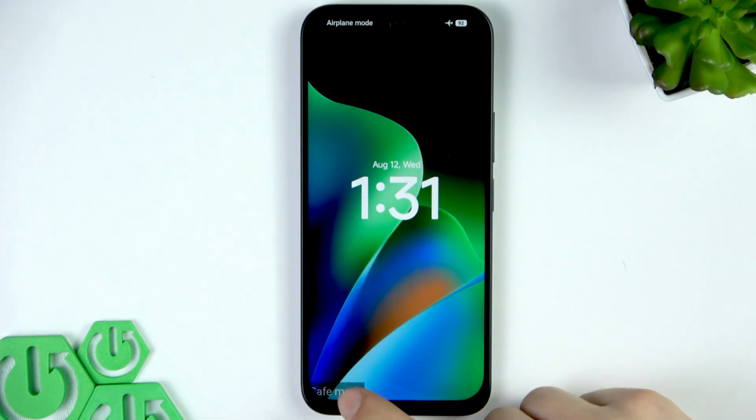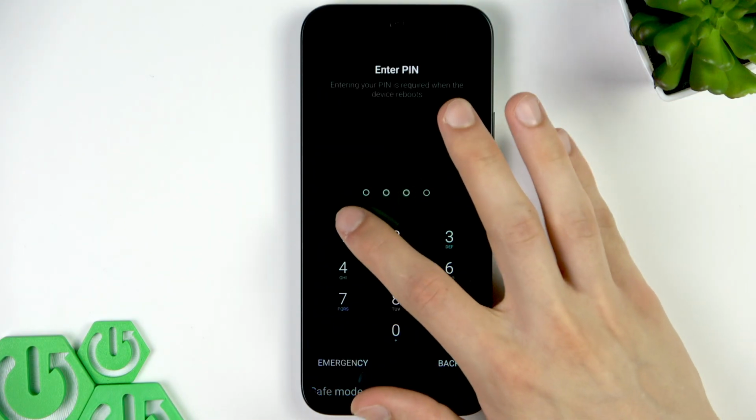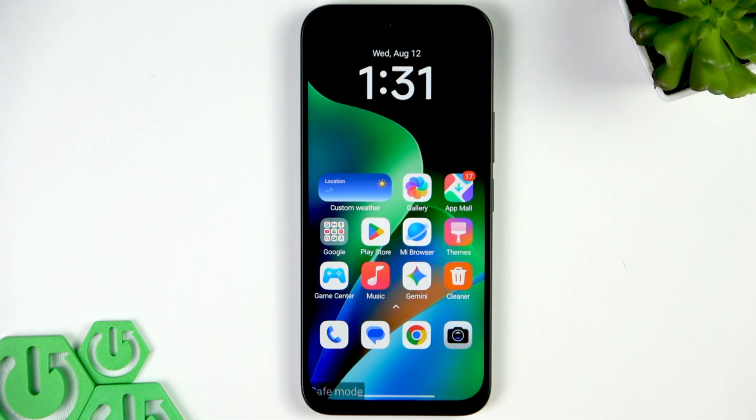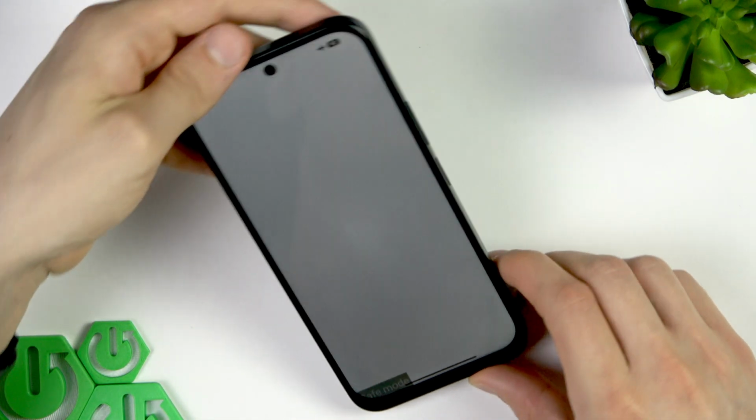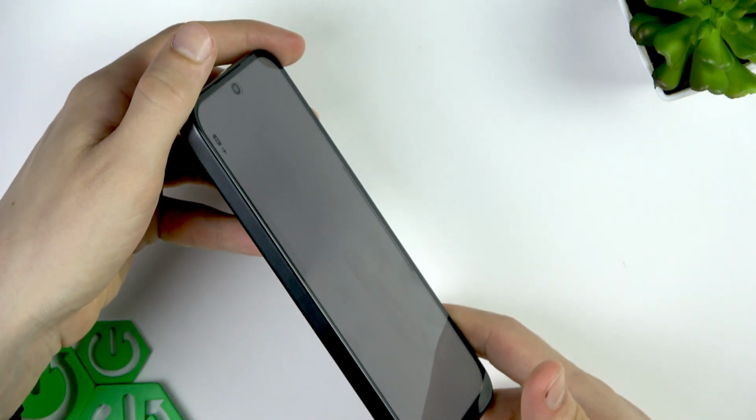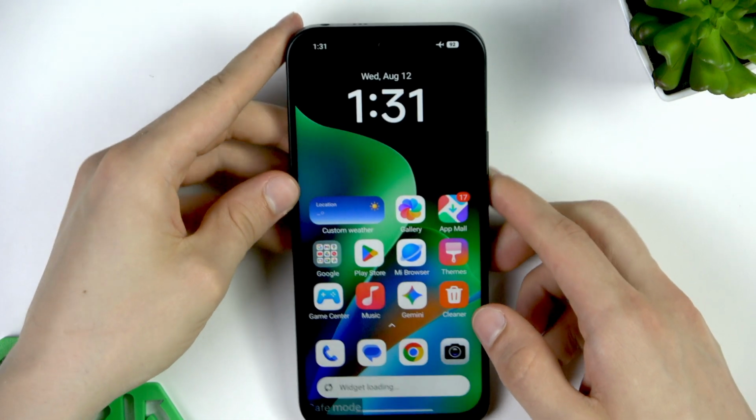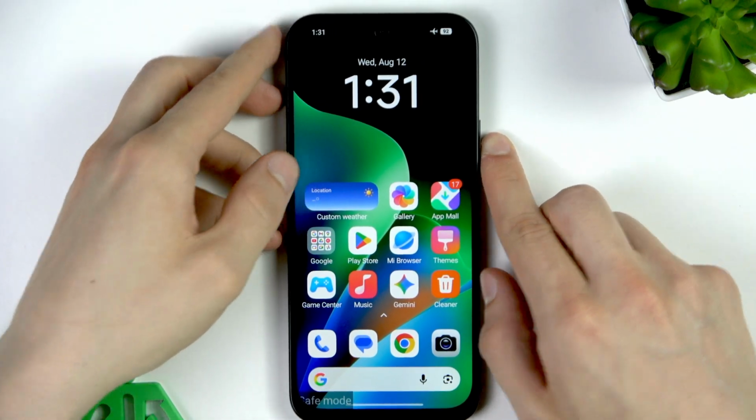Once you are in the safe mode, you will see this indicator in the bottom left corner of your screen, and here no background apps will be interfering with your device's system. Therefore, we can check whether all the features like auto rotation work properly. And if they started to work properly, then you're gonna have to find out which application caused this issue, or